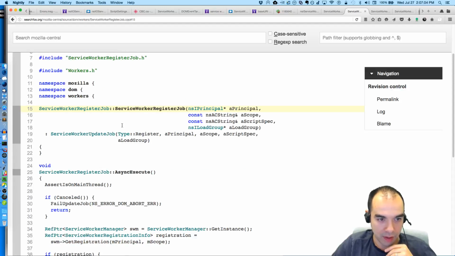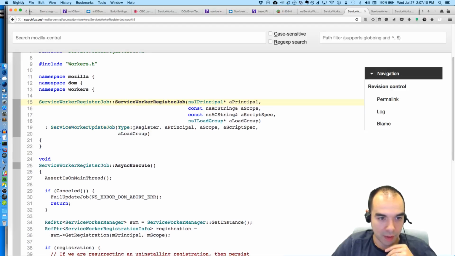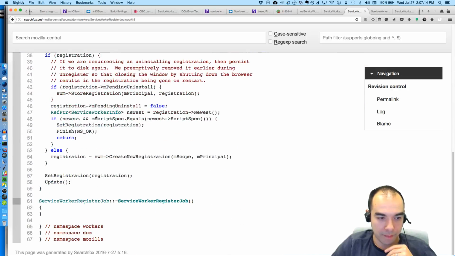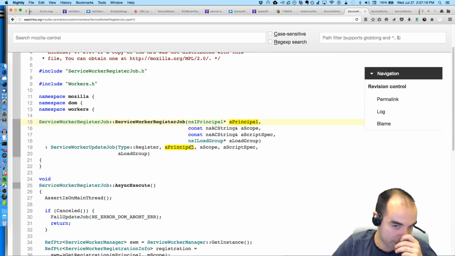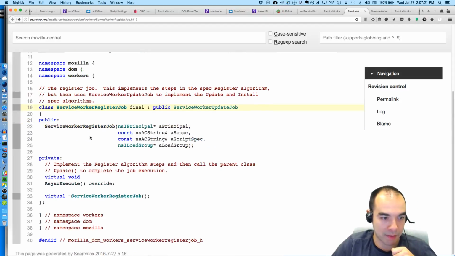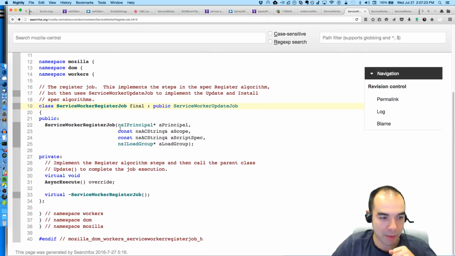Let's look at the implementation. So the constructor is just empty, but it adds a bunch of stuff to members. It has these members. Oh, it doesn't have members. I thought it had members. Or maybe it does.